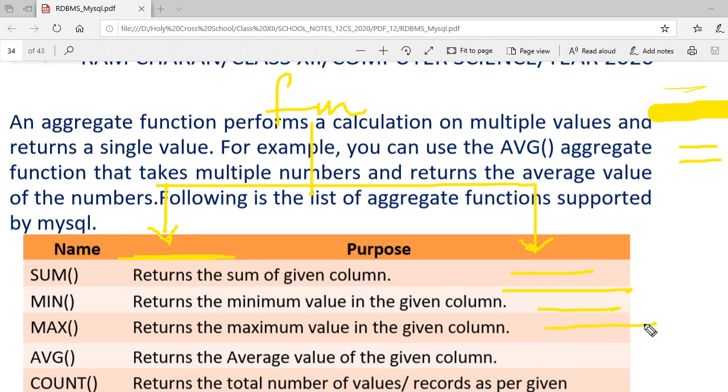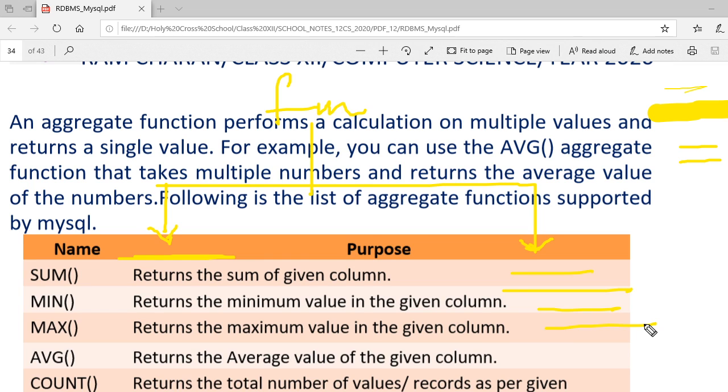What is the meaning of single row and multiple row? A single row function will always return a single value. Put in mind, it will return a single value, such as if I want to print the maximum salary taken by any employee in the employee table, it is going to return only one value, who is going to have the maximum salary. But if I am asking how many employees are there for the job salesman, let's suppose five salesmen are there, so it will work on the five records or five tuples and it will return five to you. That is a multiple row function.